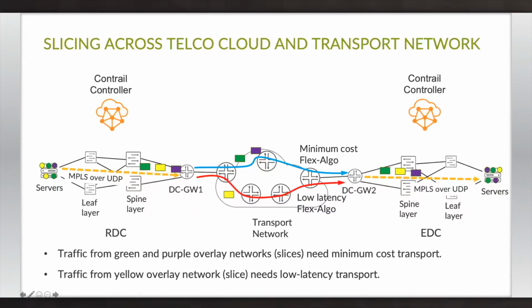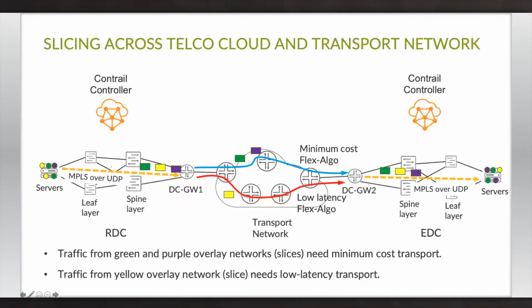And then typically the data centers are Ethernet switches, IP forwarding, spine-leaf arrangement typically, lots of ECMP. And so typically people don't want to extend the transport flex algo into the data centers. They're just doing plain IP forwarding.